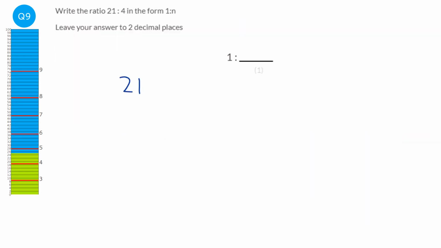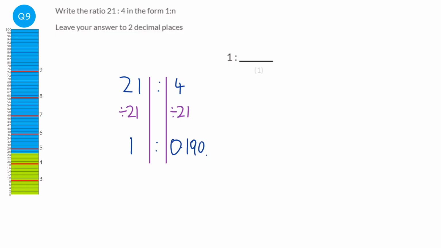So we're given 21 to 4 as the ratio. We're just going to have our lines in, because what we need to do is make the left hand side be 1. And to do that, for 21, I need to divide it by itself, divide it by 21. And we're going to do the same to the right hand side. So 21 divided by 21 is 1. Perfect, that's what we wanted. 4 divided by 21 is 0.190... It says it wants it to 2 decimal places,